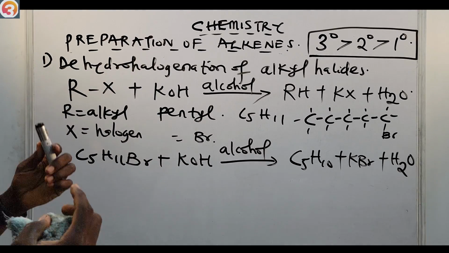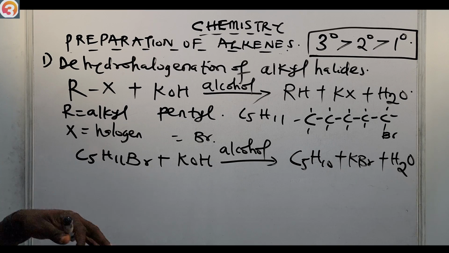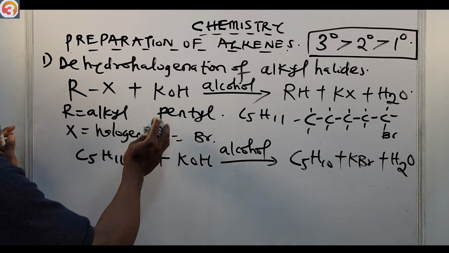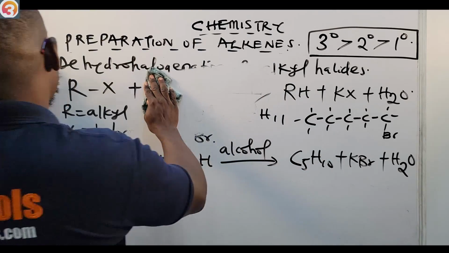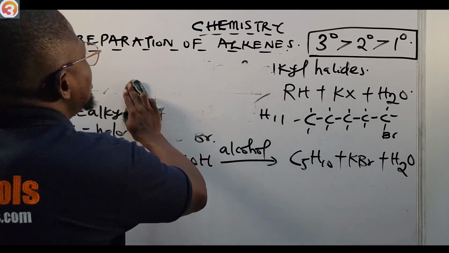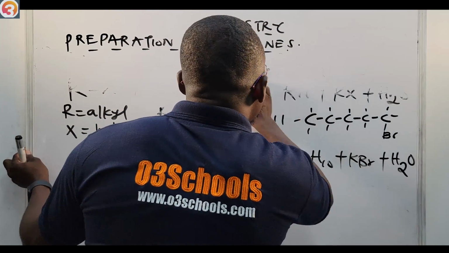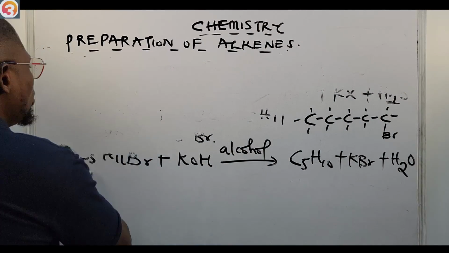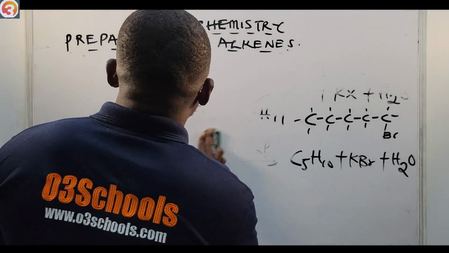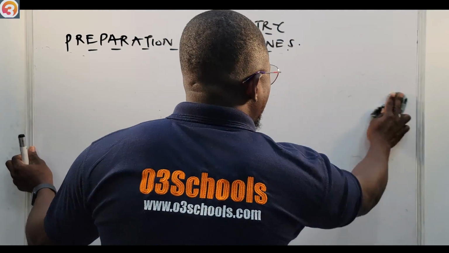So now, having seen that, we can go to another method of preparing an alkene. Let us see the third method. Please take note: number 1 is the hydrogenation of alkynes, which we have looked at. Number 2 is the dehydrohalogenation of alkyl halides. And then number 3, let's look at